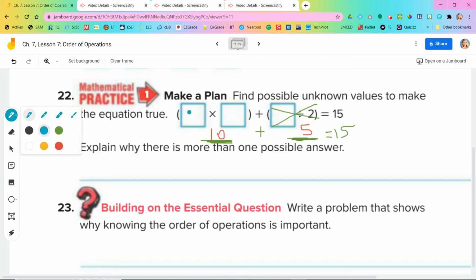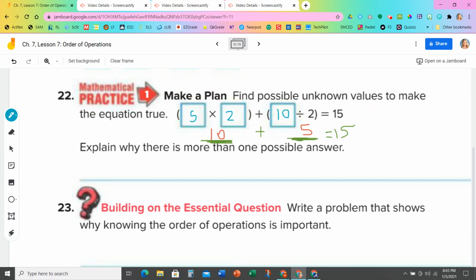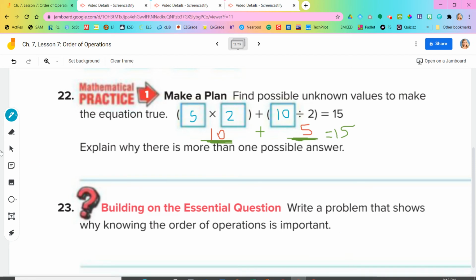Yep, I can use 10 times 1, 5 times 2, 2 times 5, 1 times 10. That will give me the 10 I need. And then over here, what can I divide by 2 that will give me 5? Remember, work that backwards. If I work it backwards, my 5 times my 2 is 10. So now my problem works out because